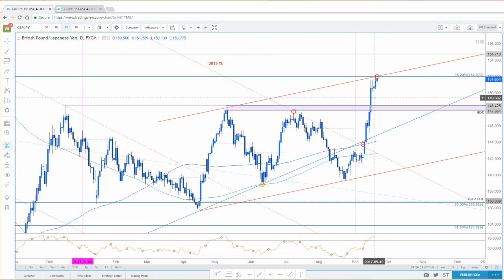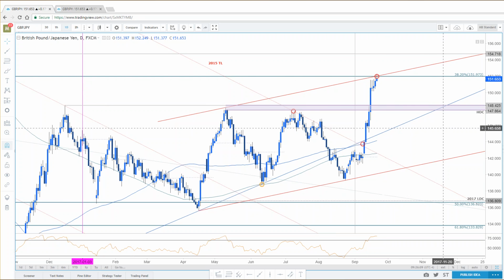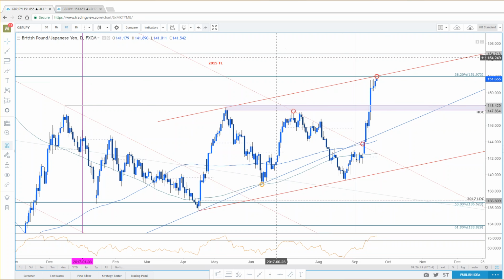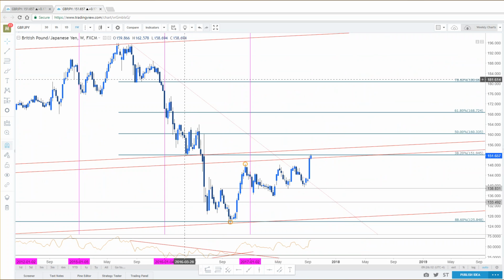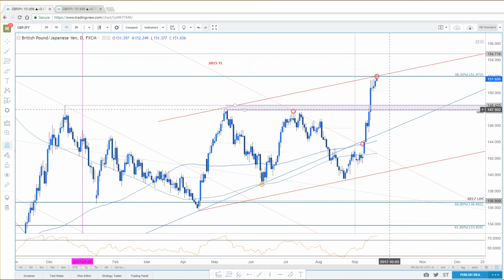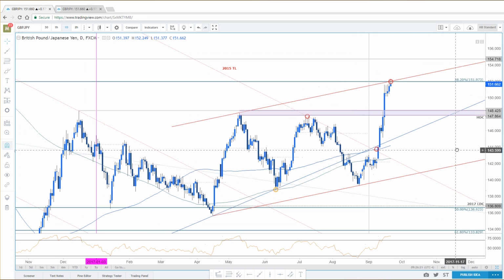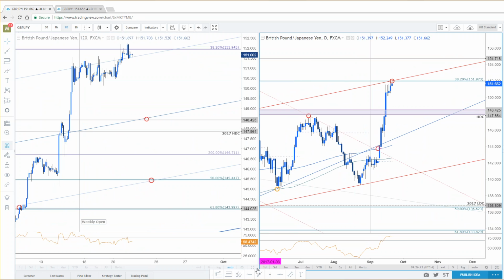In my mind, again, if you put a gun to my head, I do think you kind of get a pullback a little bit lower from here before you head higher, but that's just my personal opinion. Right now, you're at uptrend resistance. So you look for a pullback to get back in, or if you're holding longs, you do take something off the table here, book some profits, bring your stops up, and see if you can't get that topside break.